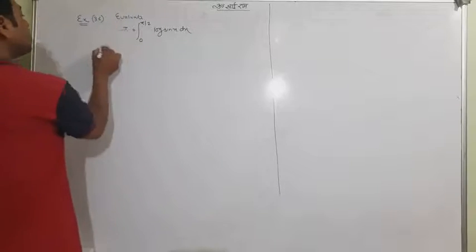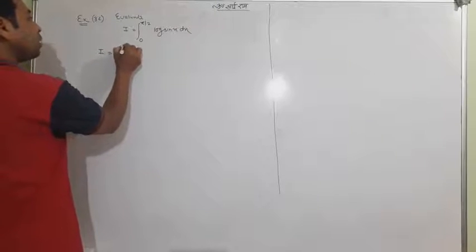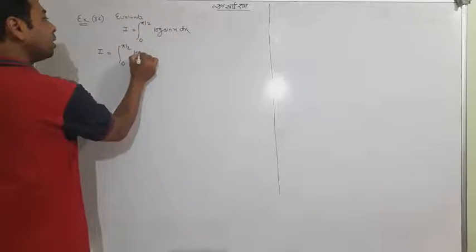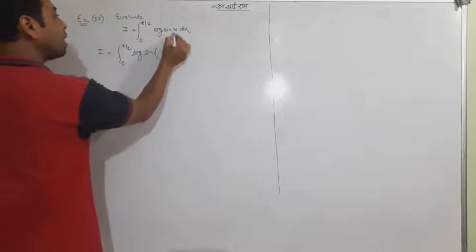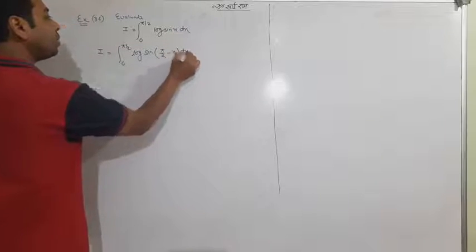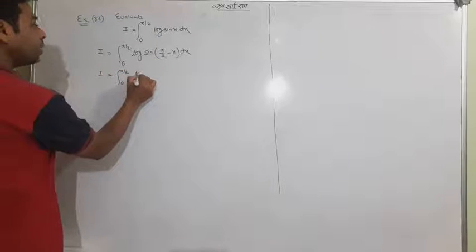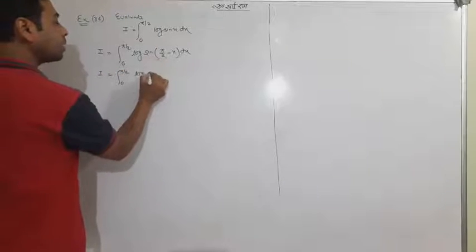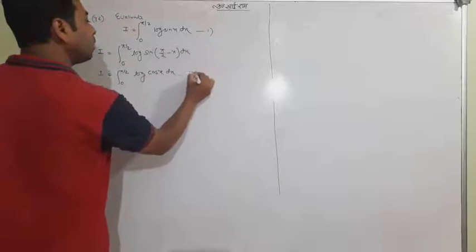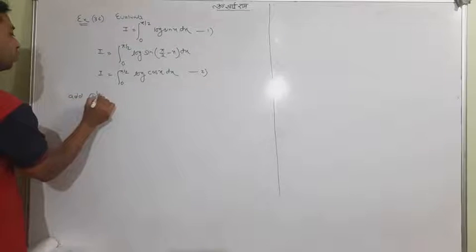So, first step: I is equal to, I'll use a famous property, you remember it: the integral from 0 to a, meaning instead of x I will write 90 minus x. Afterward, from 0 to pi by 2, it is going to be log sin of (90 minus theta), which is cos theta. So you have a first equation, you have a second equation, we will add 1 and 2.